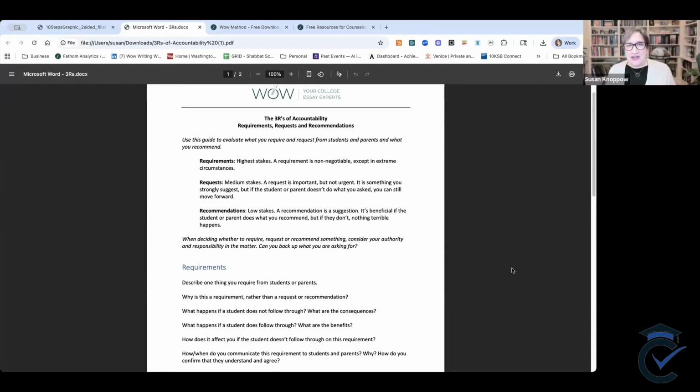95% of the kids are going to do it. They're going to send me a paragraph for each of those 3 spots. It's going to be fine. It's good stuff. It's what I need. 5% are going to write 1 sentence, or they're only going to do one of them instead of 3. We're going to keep moving. We can still go, because I don't want to keep sending them back.